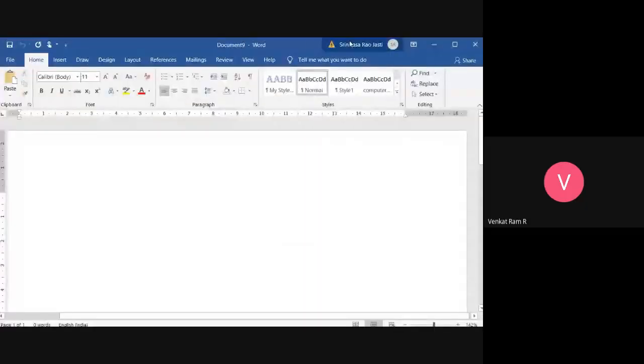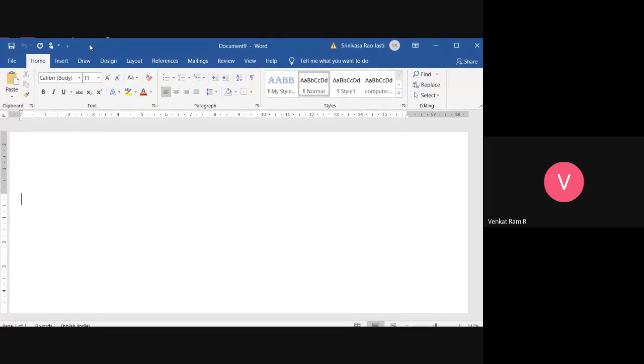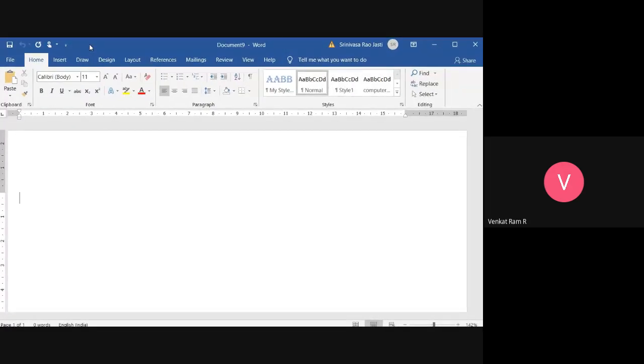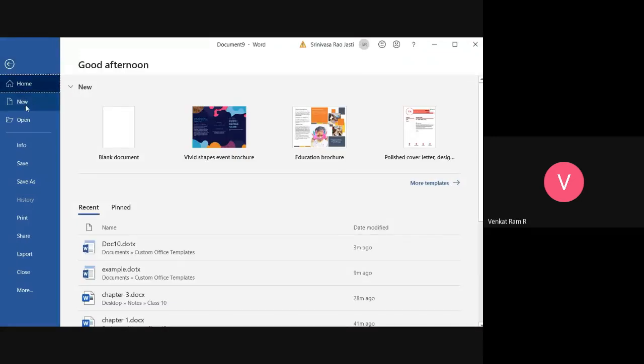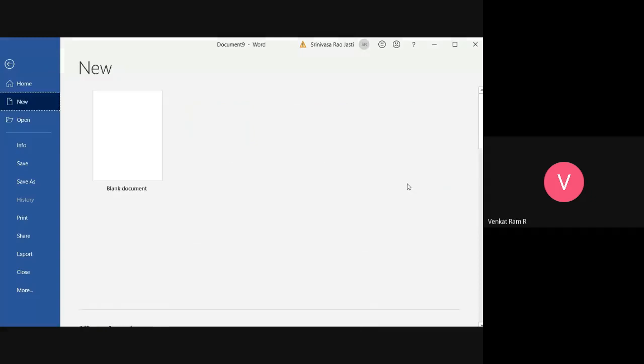So see here. Is this visible? Tejo, is it visible? Okay. So what is the first step? If you want to open a template, go to the File tab, click on New. After clicking on New, see here, more templates are there.